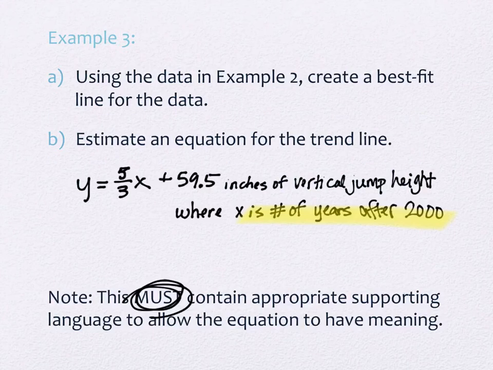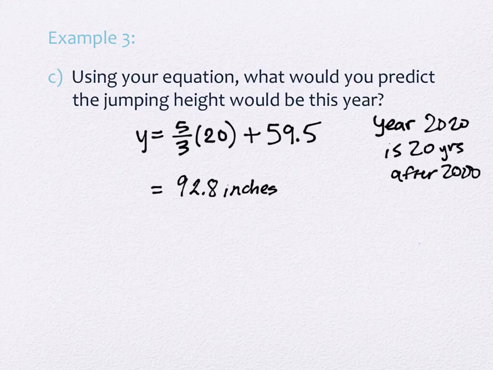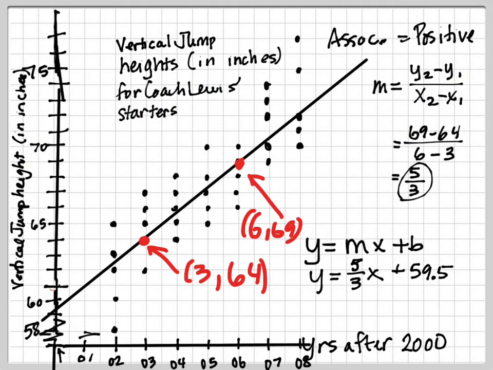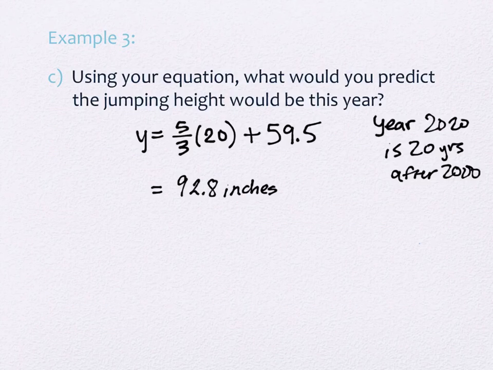All right, the last thing we're going to look at is talking about trend lines. We talked about it here first, but let me mention it here before we go on. We talked about the association and the association being positive. Positive means it's going uphill. We can also talk about the fact that it's a positive association because it's a positive slope, right? So if we're actually given trend lines,